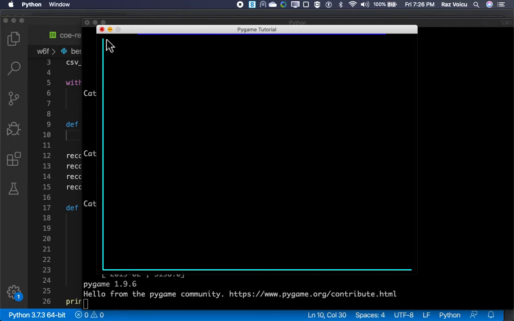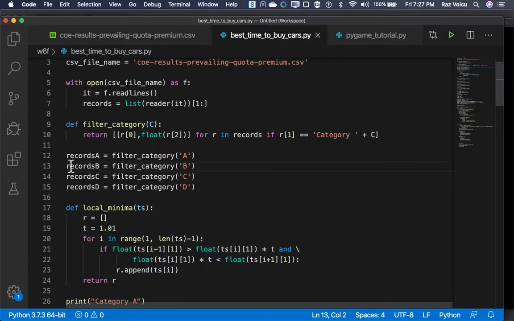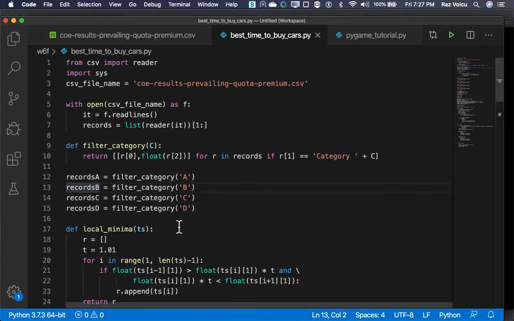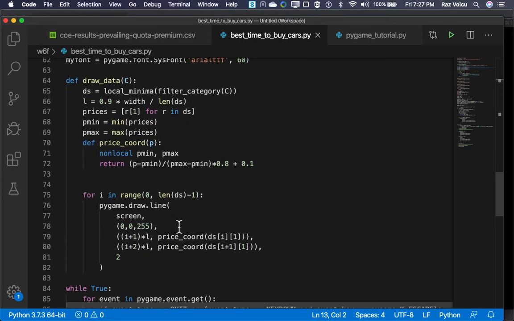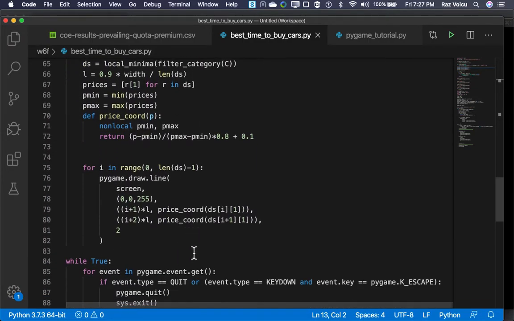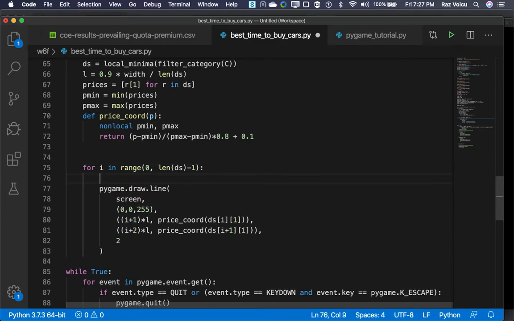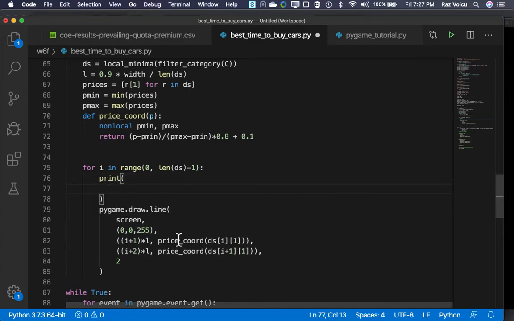And we're not seeing anything being drawn. That's a shame. All right, let's see. Let's print what we're drawing so as to make sure that we're drawing the right things. So one very simple thing to always make sure that we're drawing the right thing is take this entire line,